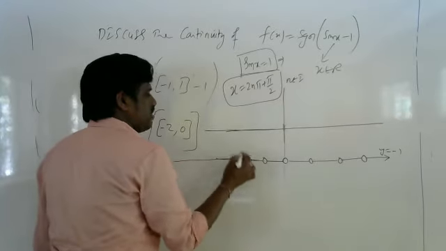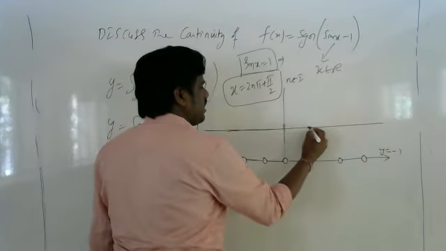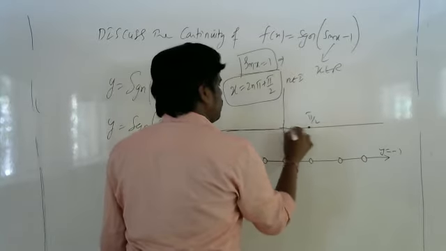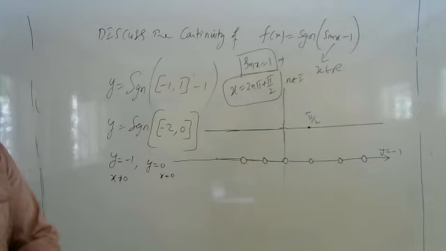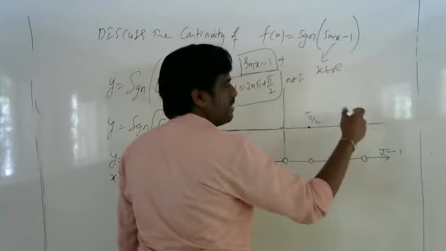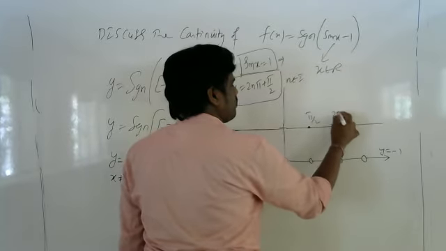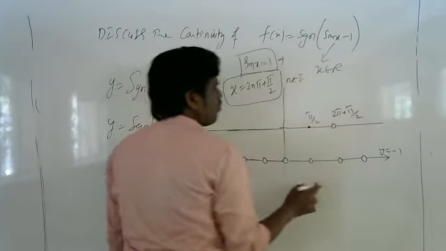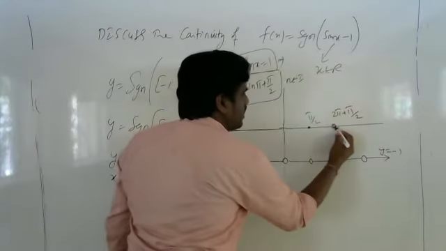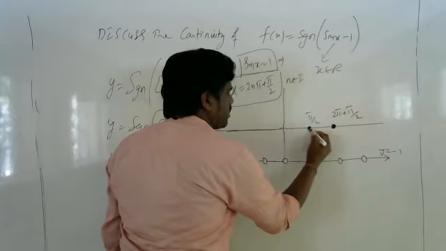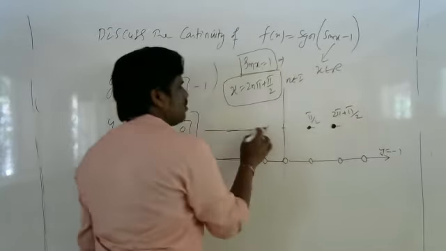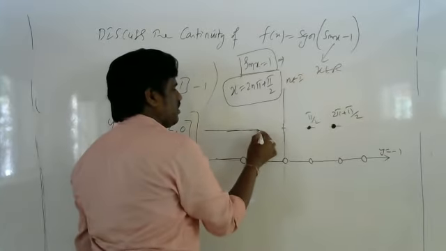Discontinuity occurs whenever you get sin x equal to 1. You may get it at π/2, since sin π/2 is 1. After that you get 2π + π/2, then the next 2π + π/2, and so on. Whenever sin x is 1, at that point you will get a hollow circle, and the remaining time you will get a jump. So how many points is it going to be discontinuous?